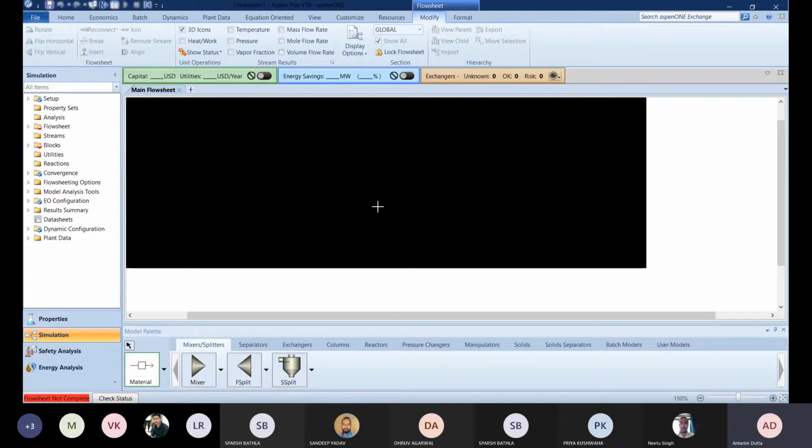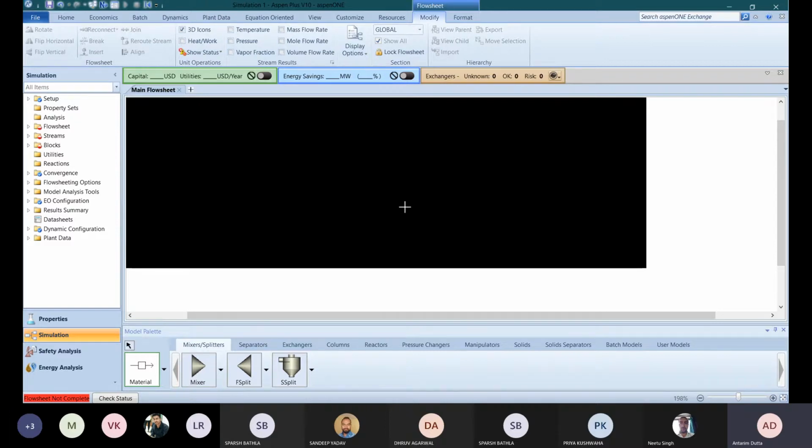Okay, so just mind it and listen to me very carefully on how to do it. Press your left mouse button while you are on this particular red stream, and keep your button pressed. Just relocate your cursor and leave it, and then pull it, and then again leave it. So this particular stream is added to your mixer. One, and again I will click on this, move this, leave my button, stretch the stream as per my desired way, and click it. So this particular stream 2 is added to my unit operation or model.